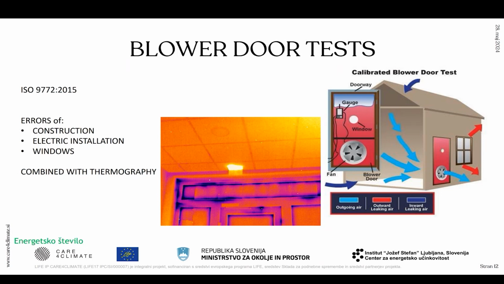This is new window in kindergarten. If I go to inspect your house, if you have less than 50 errors, then I could say you are above average. This equipment is very, very precise. So imagine yourself buying a new car and you have like 50 errors in your car. Well, I wouldn't buy it. So this is even more expensive. You must have very, very good construction practice to do this. So in general, we check for errors in construction, electric installation, and windows, and other things.